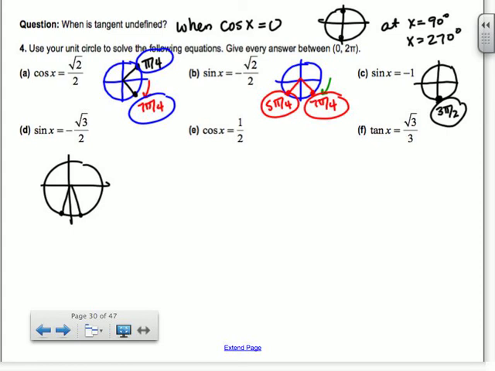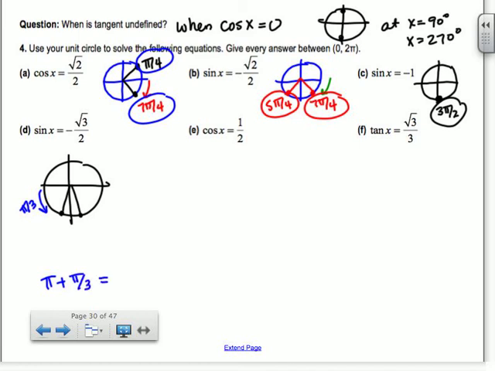All right, if you think about it, if it was equal to positive square root of 3 over 2, that was the 1/3, right? This measurement right here is pi over 3. All right, so we're going to use that same measurement and we're going to go down pi over 3. Okay. It's all symmetric. So if I go down pi over 3 from pi, that means I start with pi